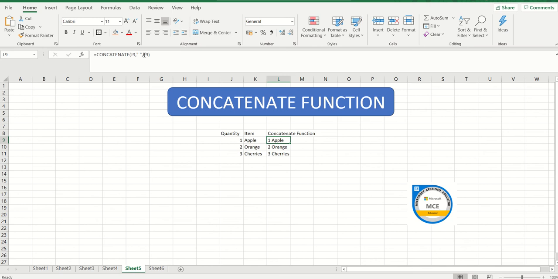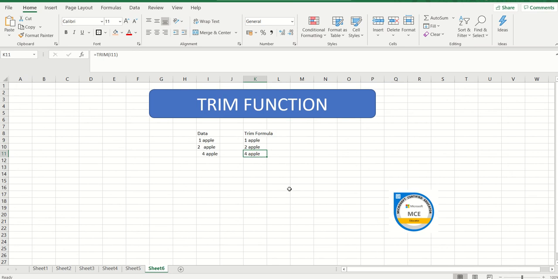So this is how it's going to do it. Then I'm going to select the second cell and then close the bracket, hit enter. Okay, and the last but not the least is trim. Trim function, as the name suggests, is for trimming out extra spaces. My formula is going to be equal to trim, select the cell, bracket close, and this is how we are going to do it.